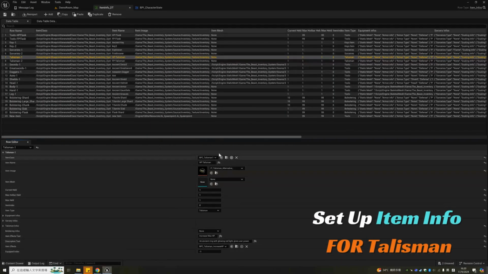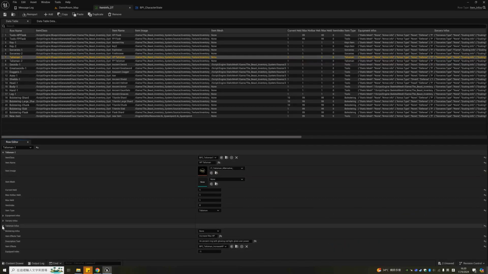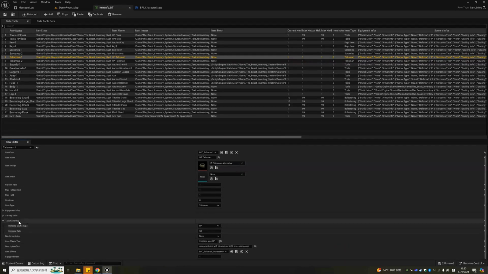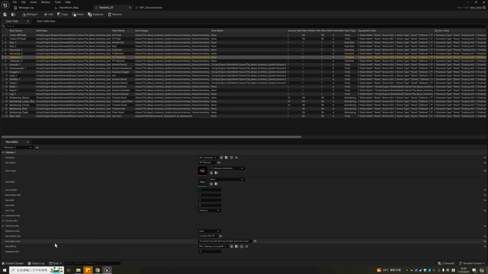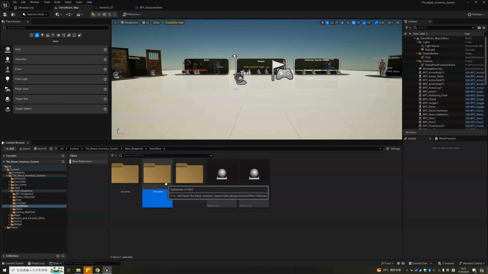Okay, the next one is the Talisman. The Talisman is also similar to the choose item info to set up, and don't forget to add Talisman info, including the type and also the increase rate. And for the item effect, I need to give you some reminders